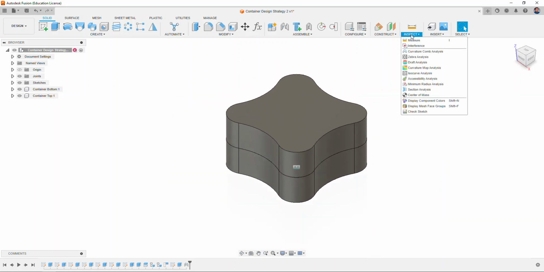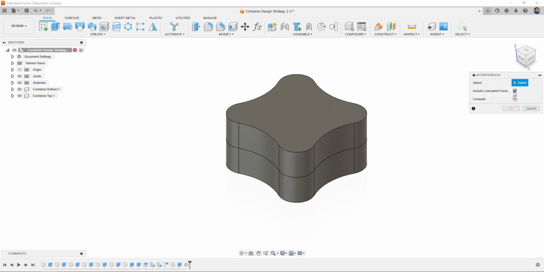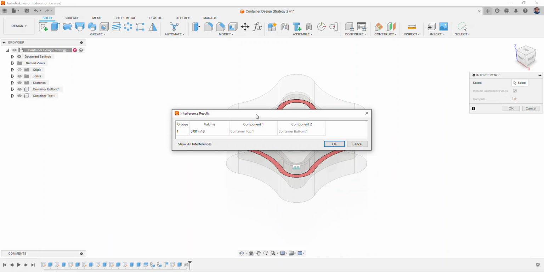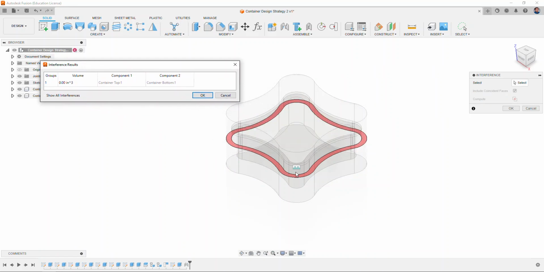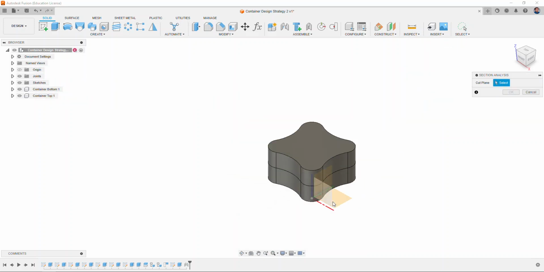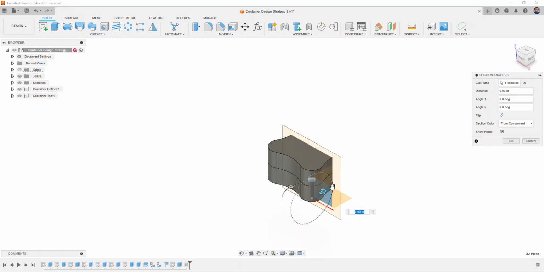If I go to the inspect panel, choose interference, I'm just going to select the 2 components, click compute. No interferences are detected. I can check to see if there are coincident faces that touch, and we do. We have the same thing as what we had in design strategy 1. Those 2 faces don't interfere with each other, but they do touch, and so that's what we're showing in this particular case. I can also run the section analysis tool to be able to see